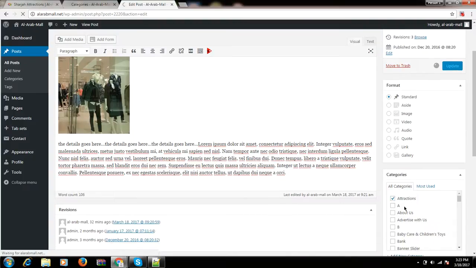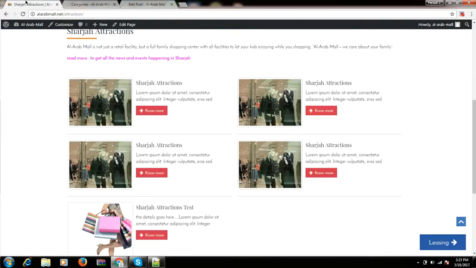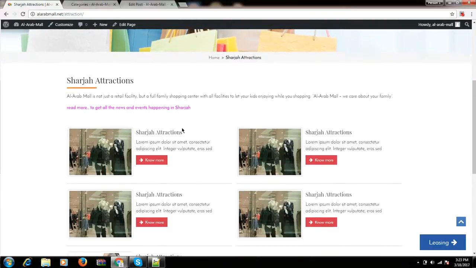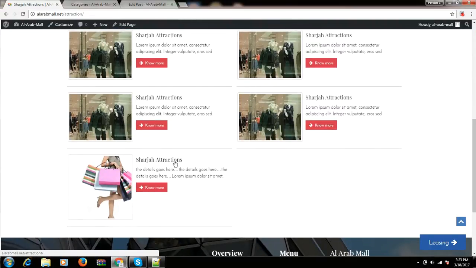No need to assign the category again because it is already assigned. Come to the site and refresh the page. Now I removed that Sharjah attraction taste word from here, and I added the taste details twice and thrice. It is showing the latest updated content. In this way you can create the post and update the post.